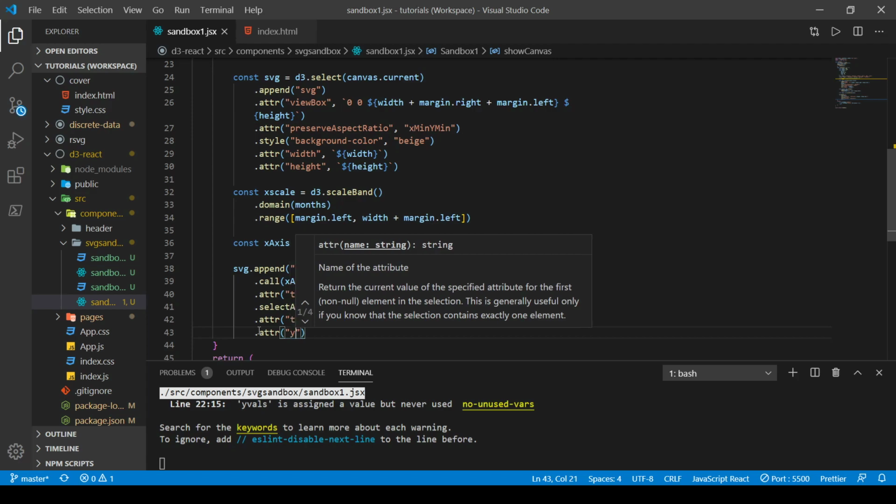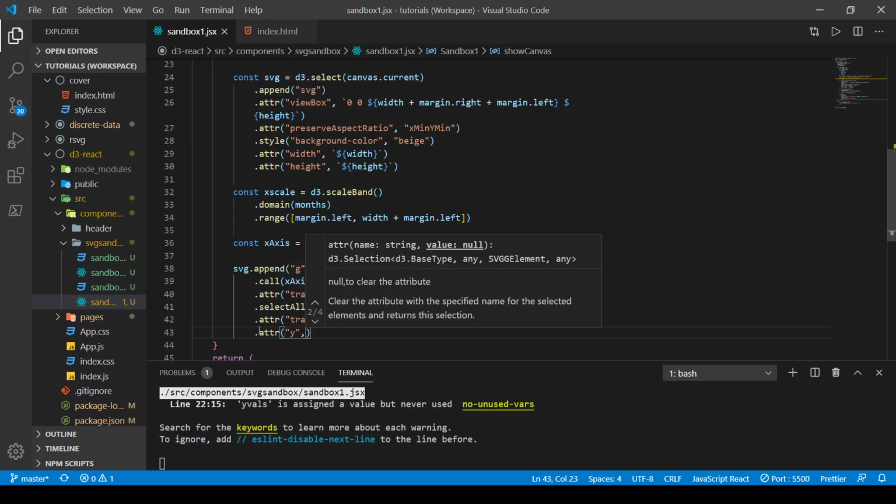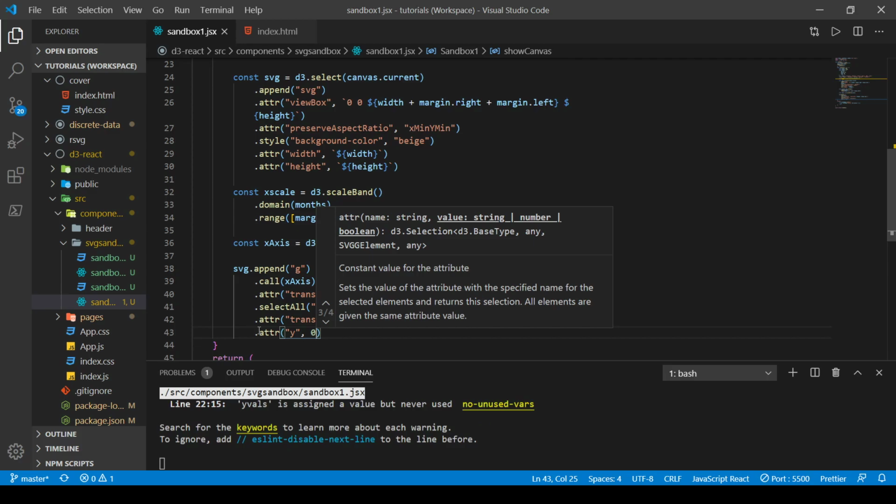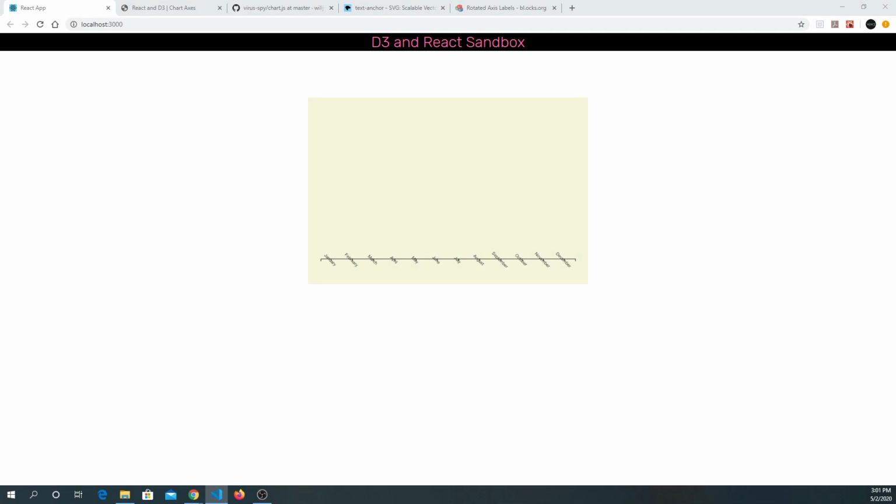Let's set Y equal to 0. Okay, and if you take a look at your canvas, what we've done is we've basically anchored the center of the text right to where that pivot point is. So now we can move with respect to that. If we want to move it downward a little bit, we can